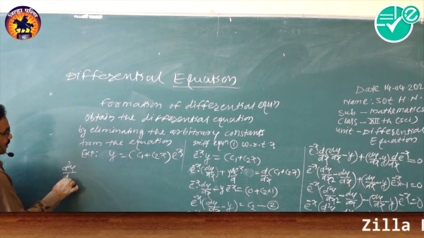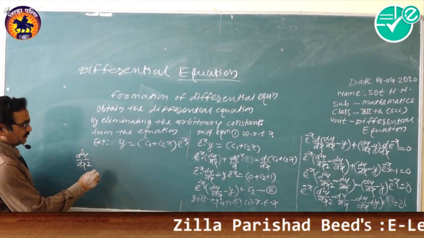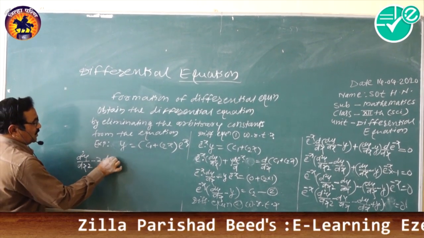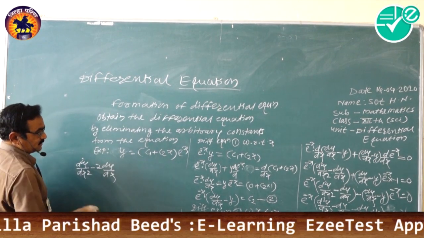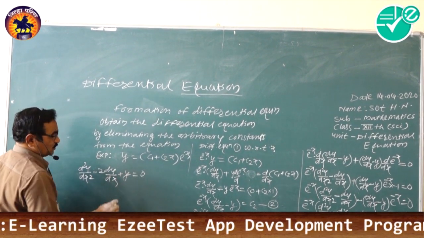So d2y by dx square minus 2 dy by dx plus y equal to 0